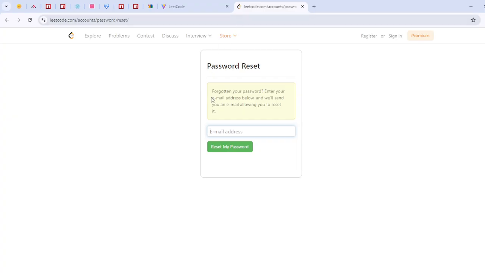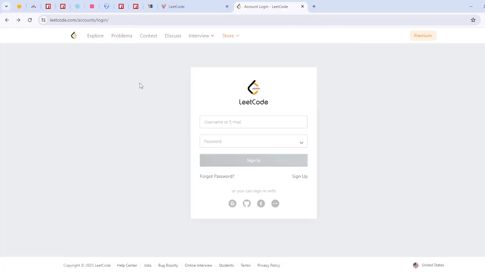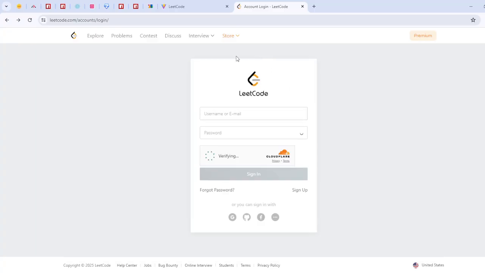So this is our forget password page, where there is also a header: register, sign in, password reset. There is a message, or basically a card, an email address input field, and a reset my password button. That's all. Here you can see that as soon as the cursor goes to the username or email, it is